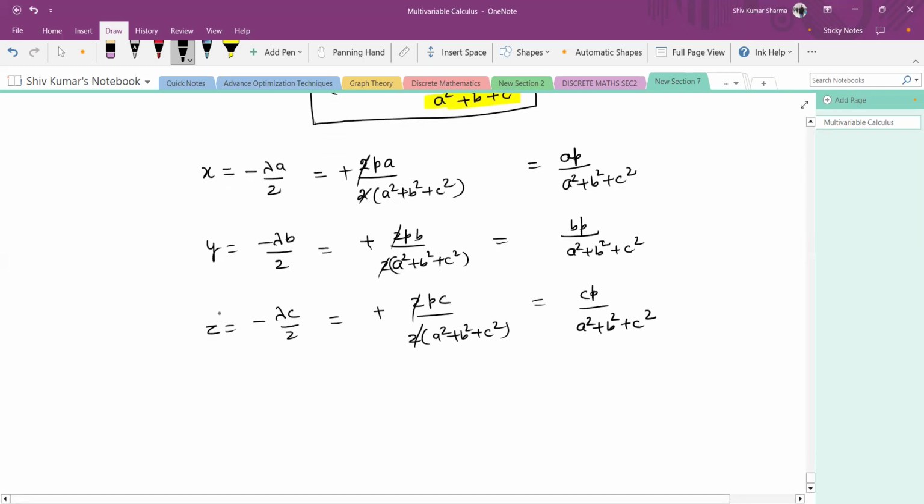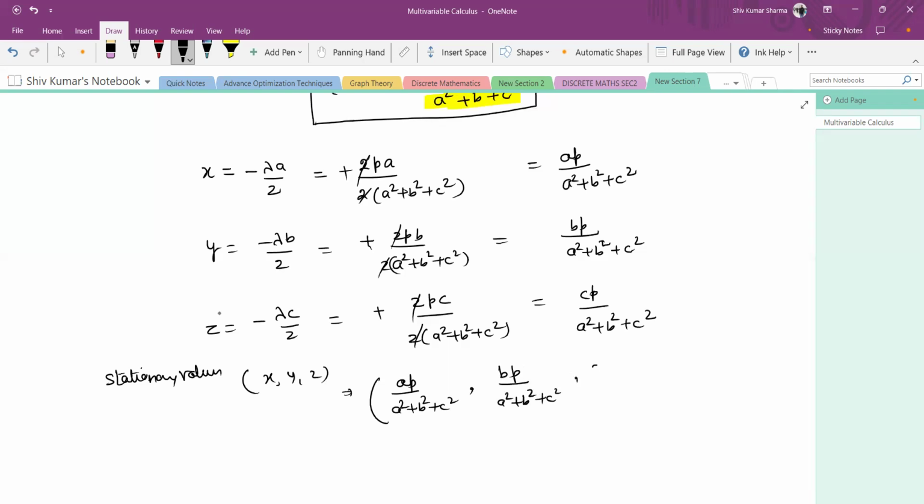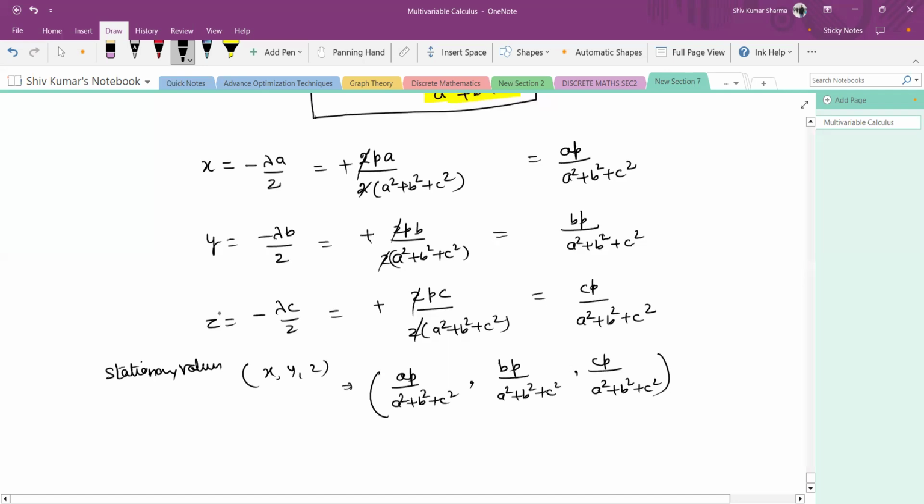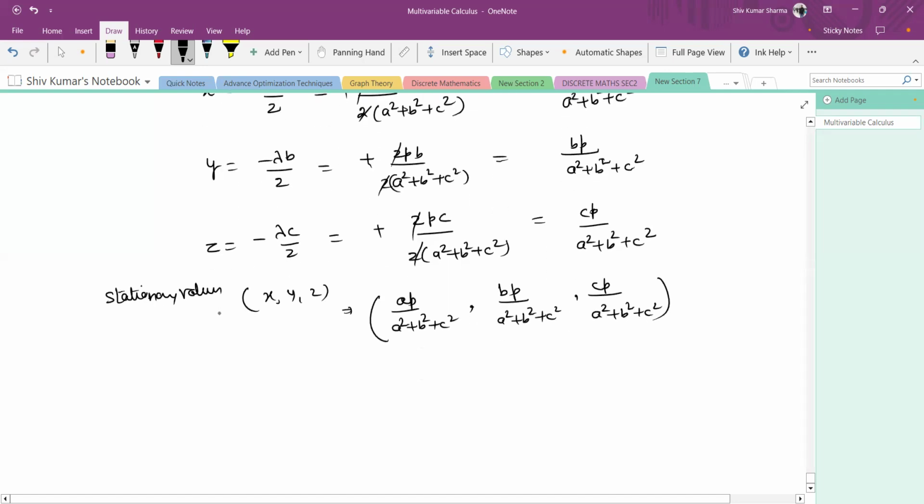So these are the stationary values. So stationary values you can write down as x comma y comma z. So this can be written as ap upon a square plus b square plus c square, bp upon a square plus b square plus c square, cp upon a square plus b square plus c square. So after calculating the stationary value and Lagrange multiplier lambda, we calculate the minimum value of function. So the minimum value